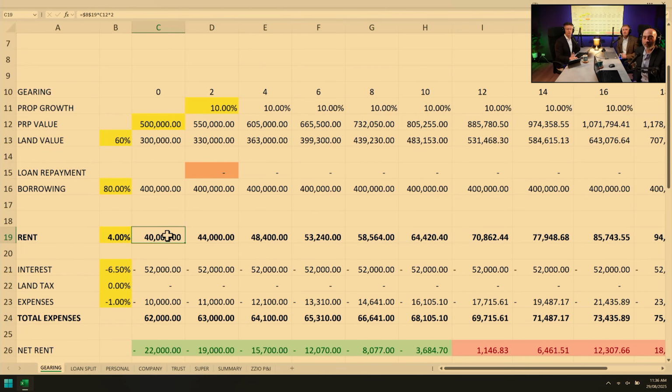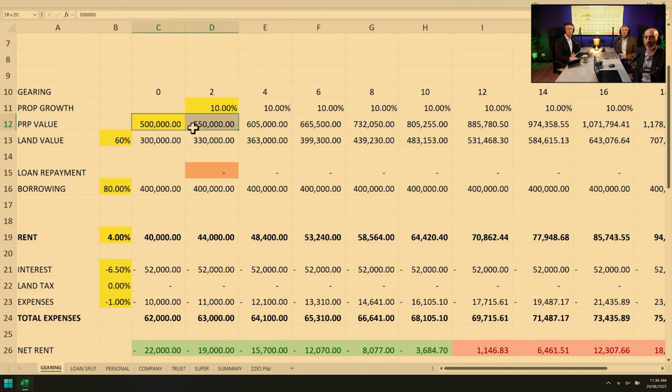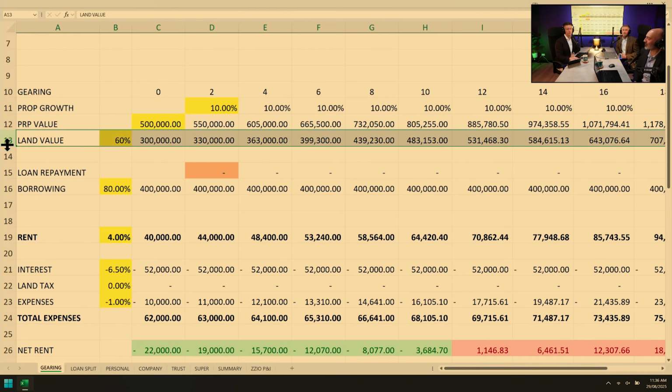So the property value, starting from almost the top, we're buying a property worth 500 grand. I'm saying the land component of that is 60%. So 300 grand of the 500 is land, leaving $200,000 of building. And that's growing by 10%. So for example, not in the year, but over the 2-year period, it's going from 500 to 550. So growing roughly at about 5% per annum. Per year. Yeah. Perfect. So you guys would call that low growth.